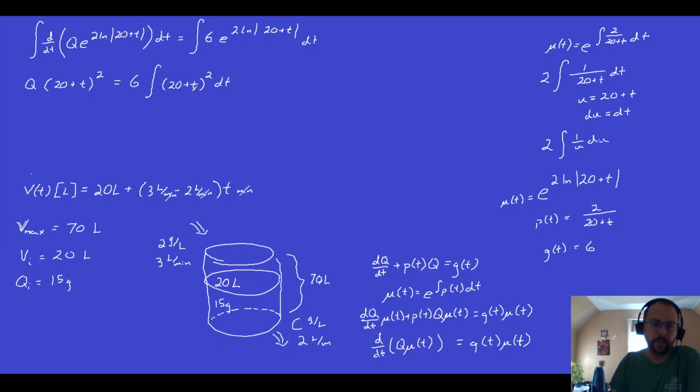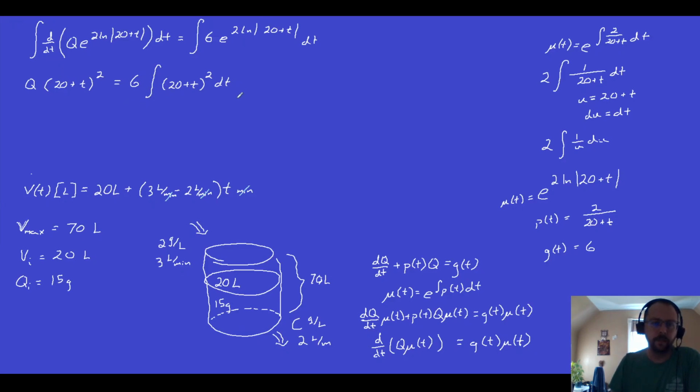So in order for this to be negative, we would have to have negative time, and that time would have to go below 20, which is actually nonsense in this, because that means if our volume goes below 20, then we've already emptied it out. We can't actually go any less than that. So